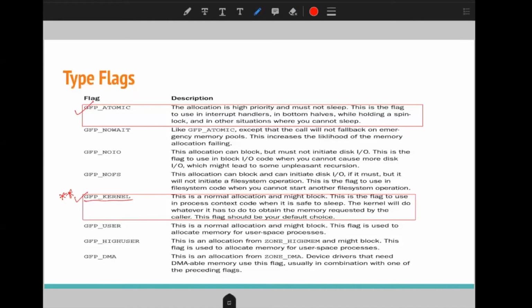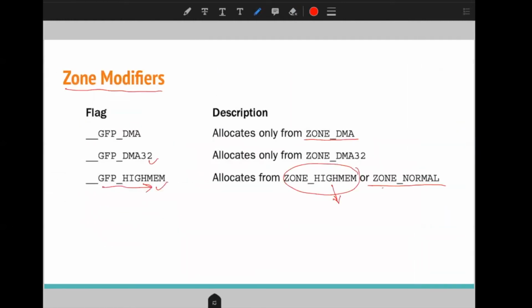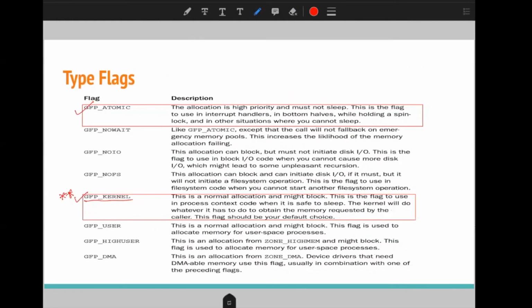And GFP_KERNEL is the normal allocation, and while allocating the memory, the allocator can sleep. So this is mostly suitable for the process context. In this case, we don't have many restrictions, so we have much more chance that we will get the required memory.